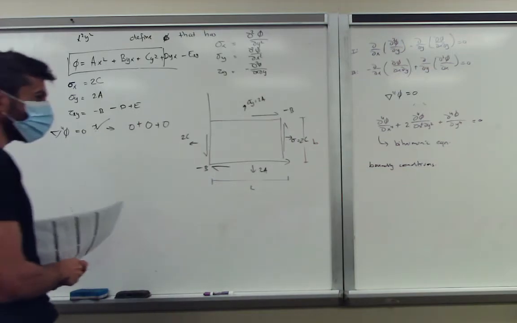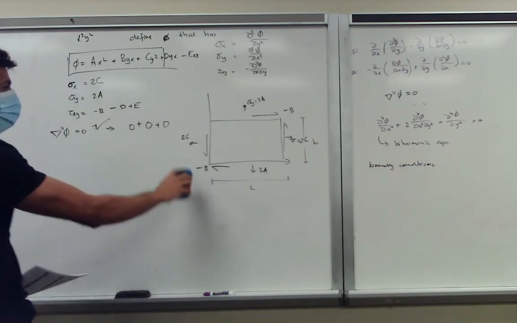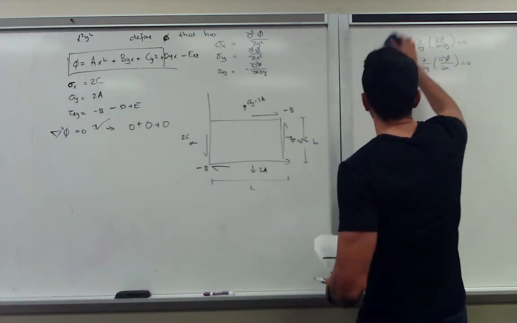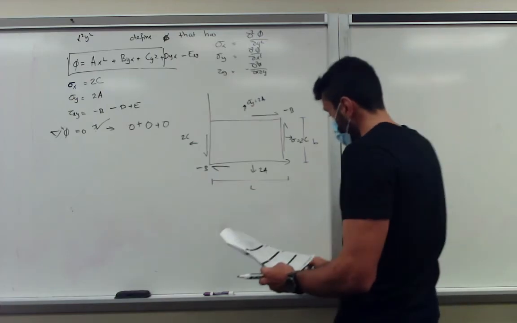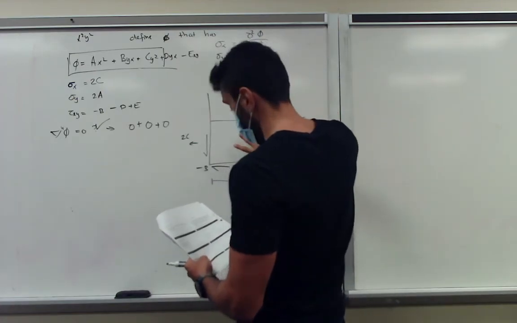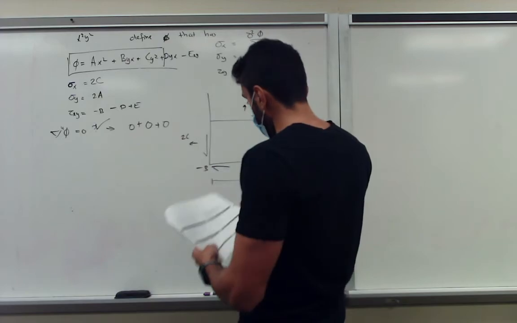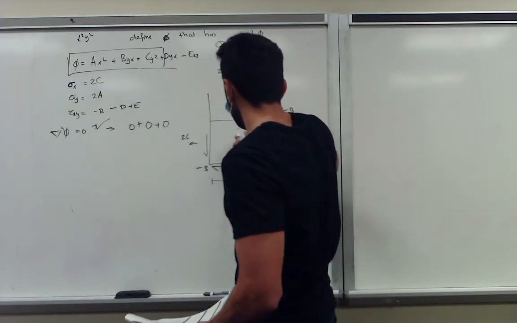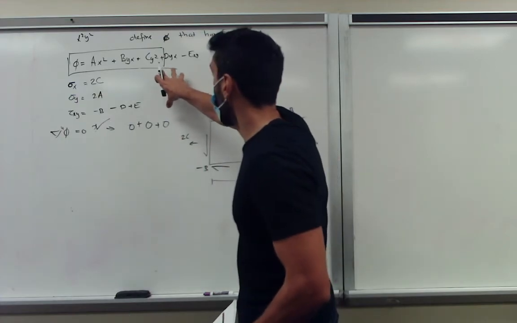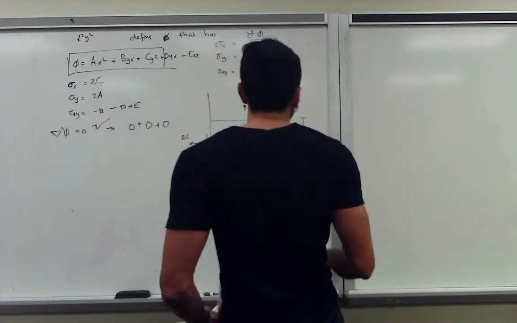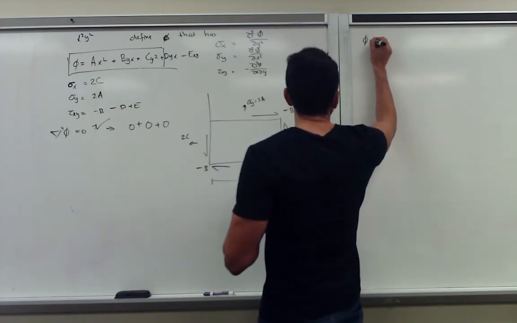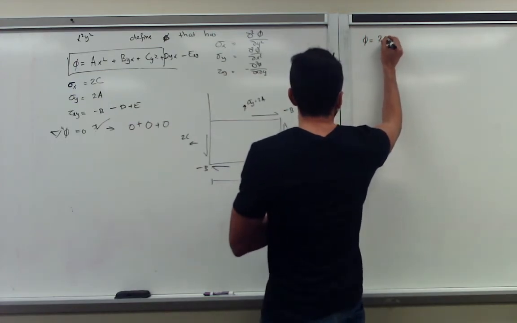So that's one way to solve it. Another way to solve it, this is a very simple problem of course, is if we go a bit more complex. Given a function like phi and a set of boundary conditions, we now have also actually determined the coefficients a, b, c, d, and e. So let's assume in this case phi is equal to